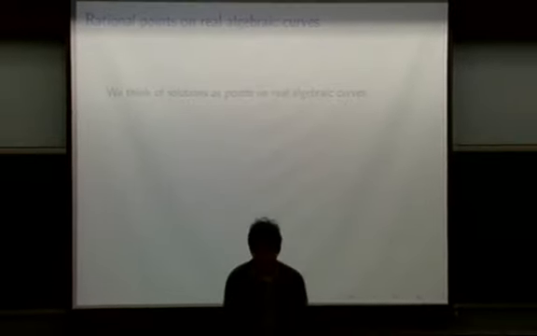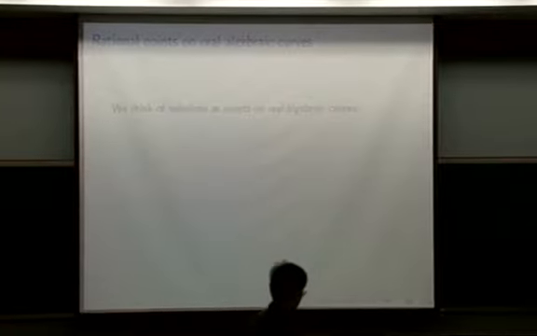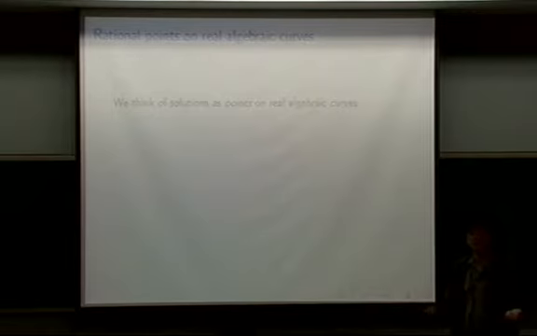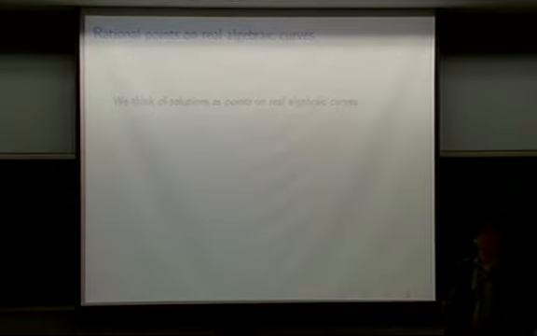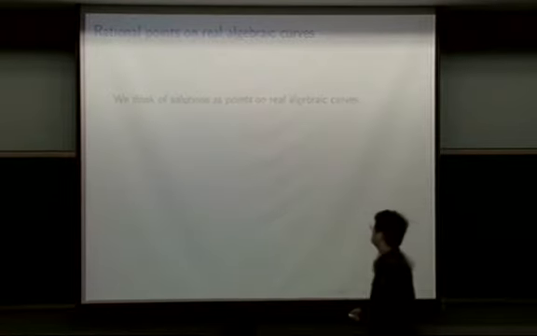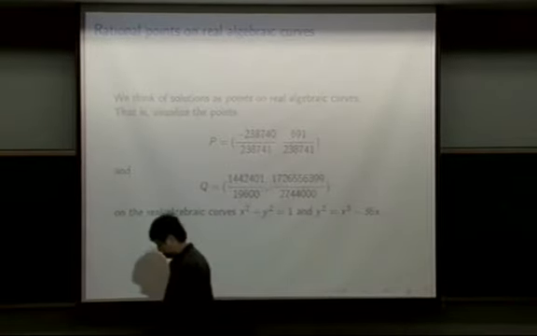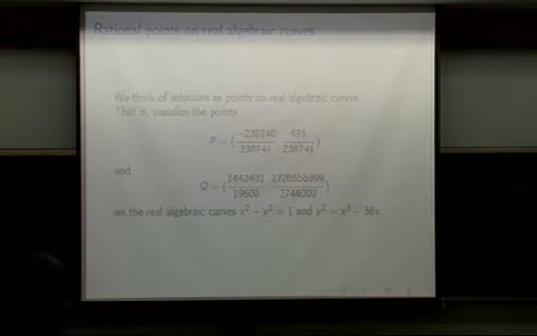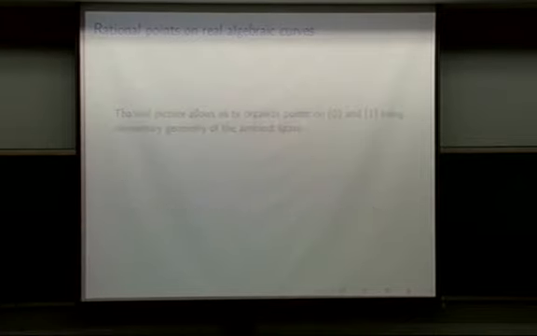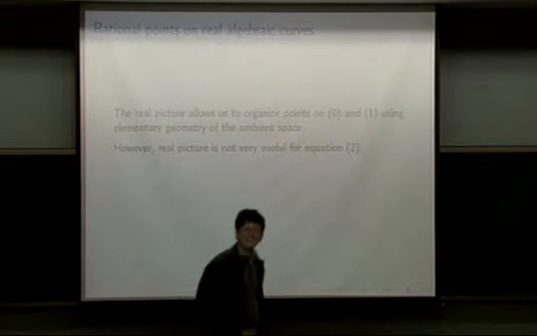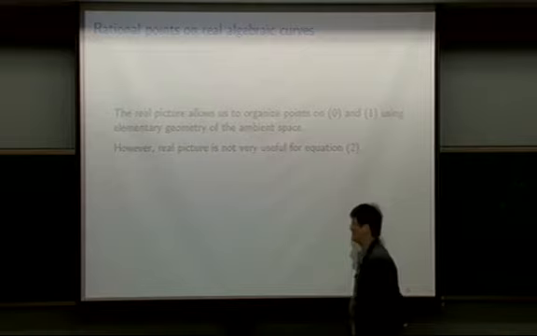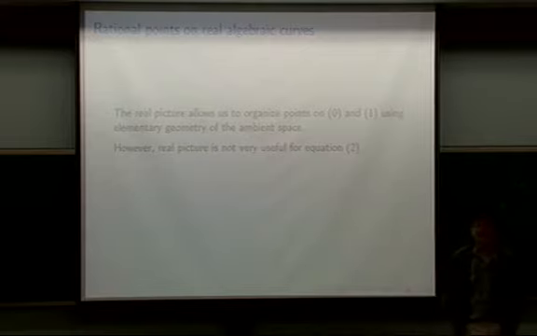Now, let me make the point that I just made in a slightly different way. What we did for equations 0 and 1 was to draw these pictures of real algebraic curves, the real solutions, and try to use the geometry of those curves. And so we found those non-trivial solutions this way, but for the third equation, number 2, I should have labeled it 1, 2, 3 because I keep making mistakes. Anyways, for ax^n plus by^n equals c, the real picture actually turns out not to be very useful.